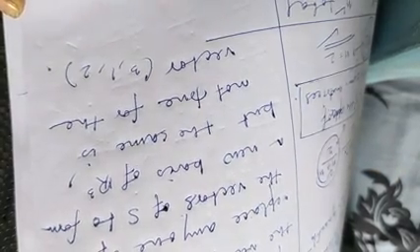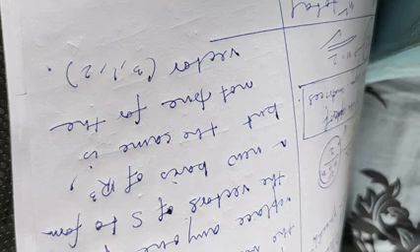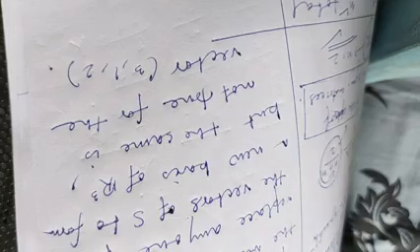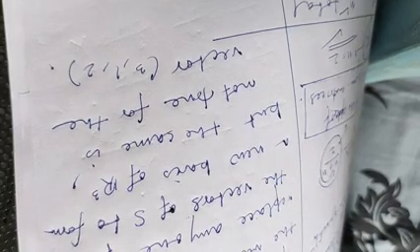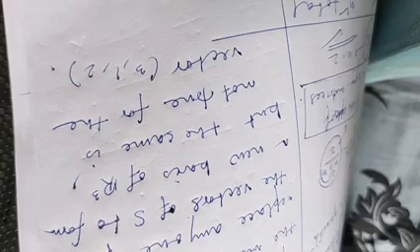So what does it state? It states that the set S equals these three vectors is a basis of R cube. The first part is very easy. I'm not going to do this, okay? This will be your homework. Prove that this is a basis of R cube. You know how to do this. Then the second part is saying, show that the vector 111 may replace any one of the vectors of the set to form a new basis of R cube.